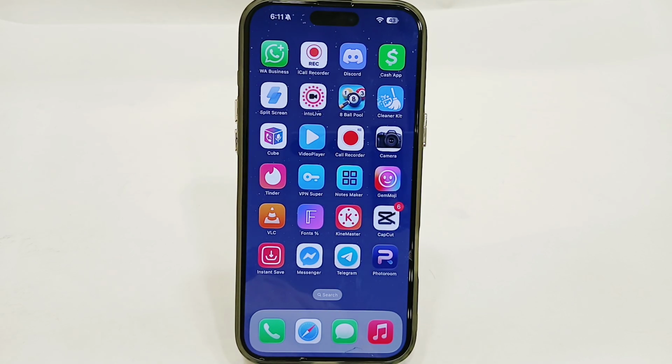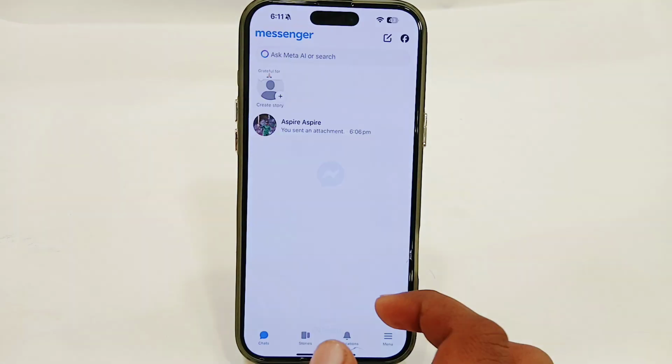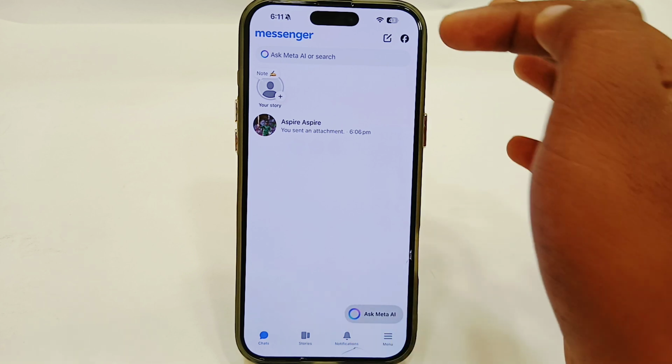Hey guys, today I'm going to tell you how to create a new group chat on Facebook Messenger. If you're using Facebook Messenger and now you want to create a new group chat, let's see how you can do that. You have to simply open your Messenger app and here just tap on this create new chat